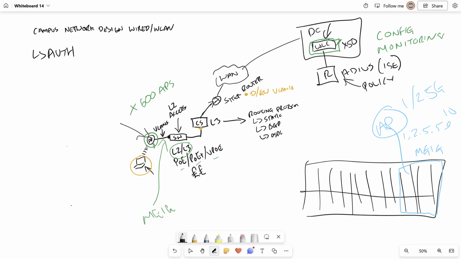So the idea is, if you were to then create a user account for me, Malcolm Boudin, I would log in from this PC with my username and password, and all the way up this chain my authentication request would end up here at the RADIUS server, and then once it gets there, it can either authenticate me if the username and password, and the user account, is stored locally on there, manually configured, or it can integrate with an Active Directory server or identity provider such as Azure or G Suite,